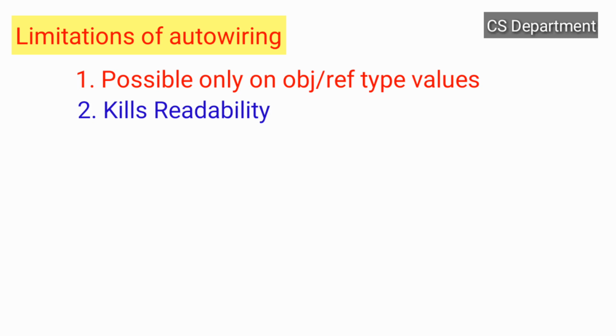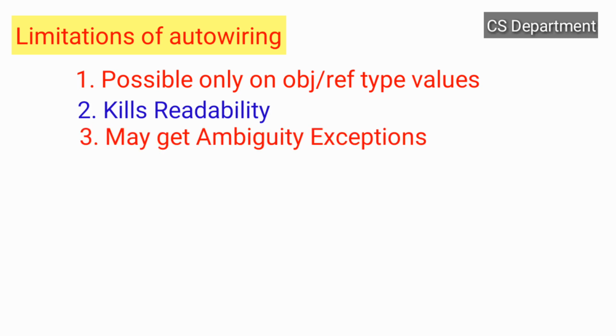And the third drawback is that in auto wiring there may be chances of ambiguity exceptions or ambiguity situations. Why may ambiguity situations arise? Because there may be a chance that we configure one single bean, or one single dependent bean, multiple times in a Spring Bean configuration file with different bean IDs. So if we do this, then there may be a chance of getting an ambiguity exception, because